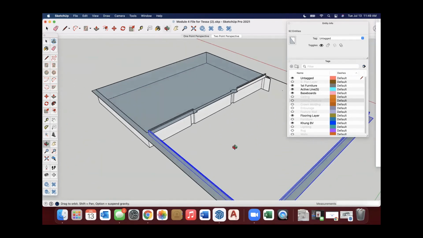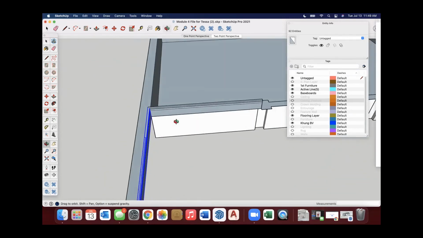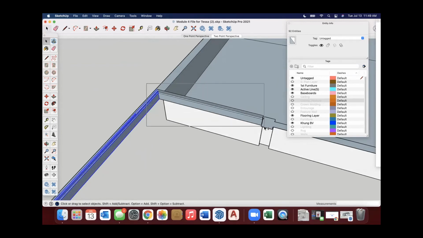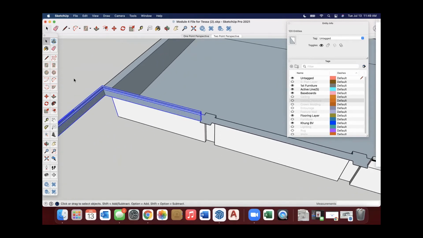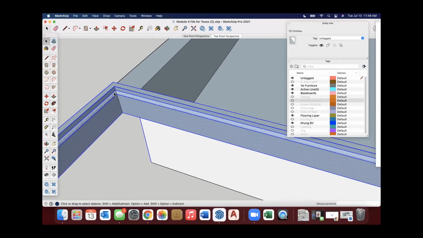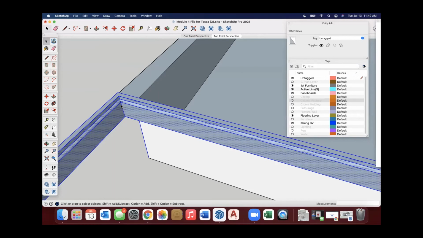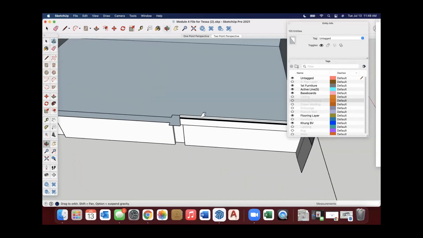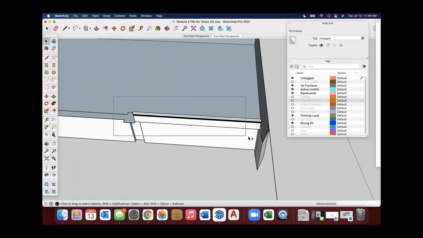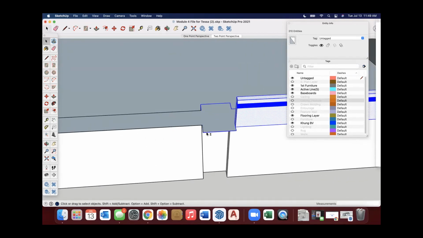If I don't want to try to grab everything in one go, again, I can cut it. All right. And then again, if I over select, just fix that.